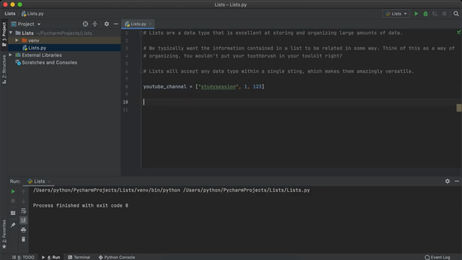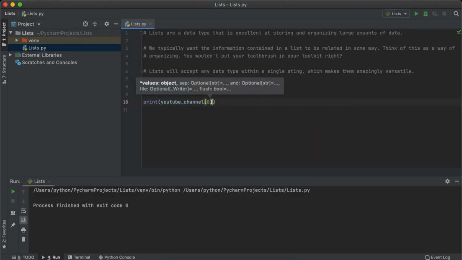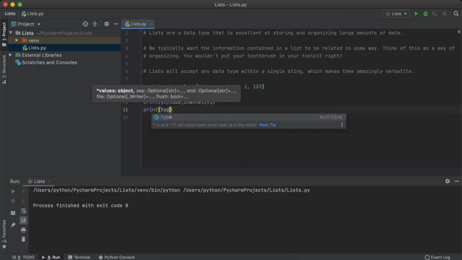Now let's verify what I just stated, in that Python has no problems with users entering different types of information into a single list. Therefore, let's print the first two pieces of information and check their data type. Firstly, I just want to add that the position a piece of data has in a list is called its index. And in Python, these always start with 0 and not 1. So if I want to recall the name, let's print the name of our list, square brackets again, and a 0 since we want the first item in the list.